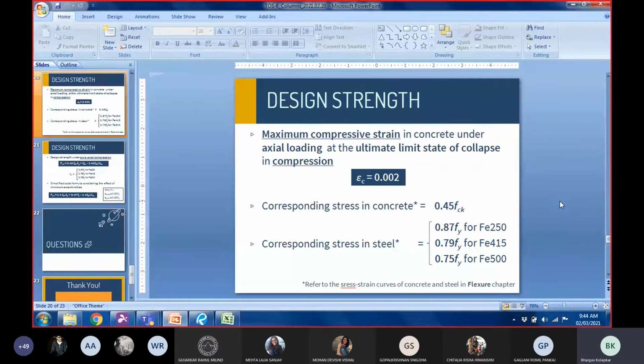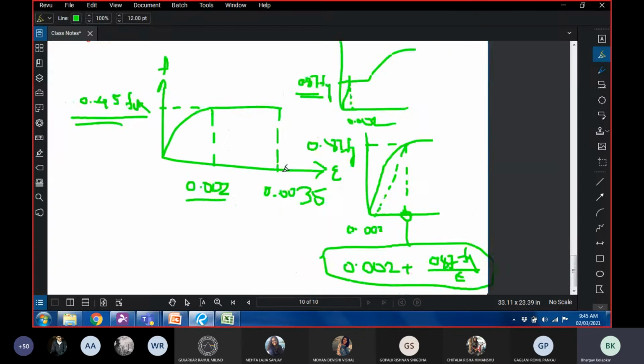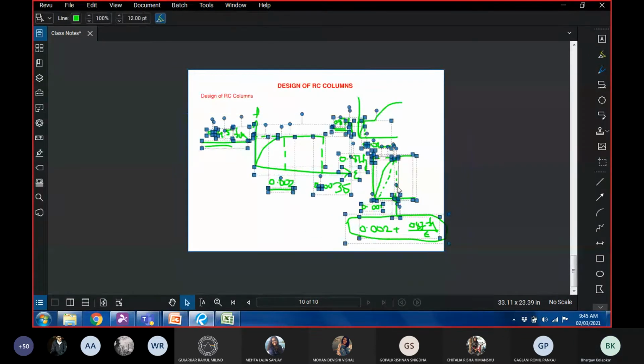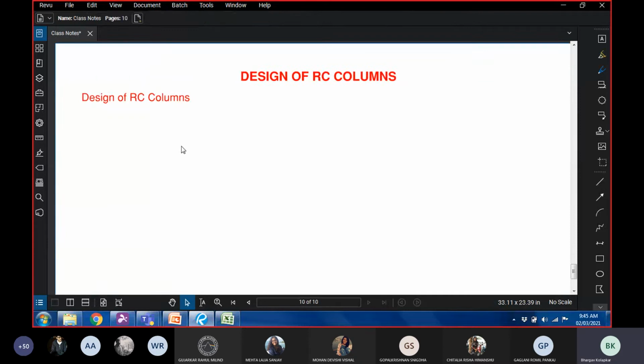This is just a build up to what the final equation is. We have established two things. One is that the failure criteria is epsilon c equal to 0.002, and at this value of strain, the stress in concrete is 0.45 fck, and the stress in steel depends upon what grade of steel it is. So if we go back to basics and try to find out how much is the compressive force that a particular section can resist at this strain,